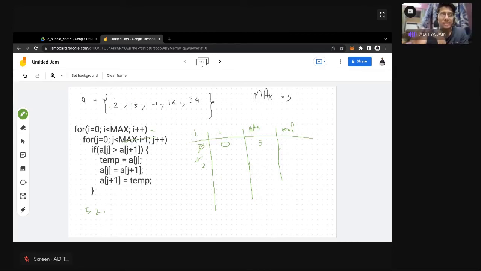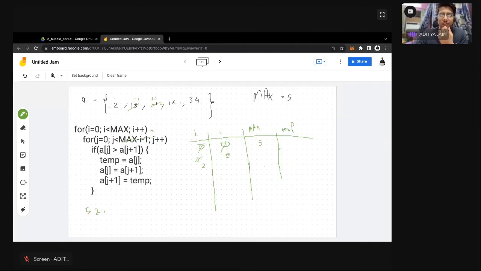नो। सो विच मीन्स कि 2 अपनी सही जगह पर है, कोई स्वैप करने की जरूरत नहीं है। इंक्रीज दी j, j को बना दो 1 बिकॉज j प्लस प्लस कर रहे हैं, j विल बिकम 1। नाउ कंपेयर j ऑफ 1 विच इज 13 और माइनस 1, इन दोनों को कंपेयर करो। क्या 13 बड़ा है माइनस 1 से? यस। तो 13 बड़ा है माइनस 1 से, वी विल डू अ स्वैप। सो लेट्स डू स्वैप। इसको बना दिया माइनस 1 और इसको बना दिया 13।